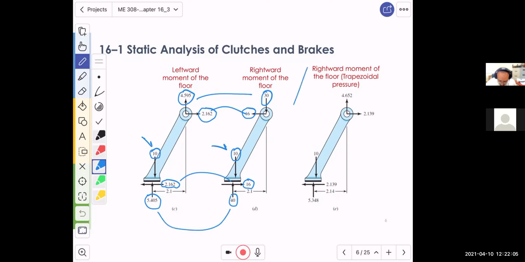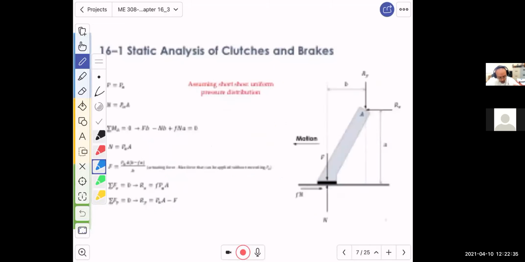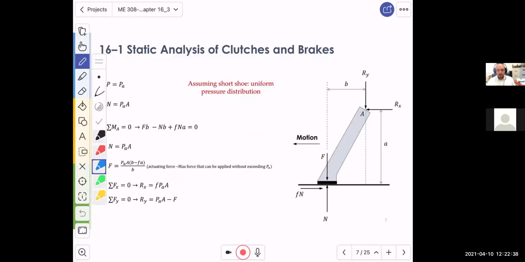This one is the same, but with a rightward motion and assuming a trapezoidal distribution of the pressure. Now, this is just an example to show you what is involved here: an actuating force, a pin reaction, a friction force, and a normal force, and so on. And there is even torque. But we are going to use this door stop to explain more fundamental terms in terms of